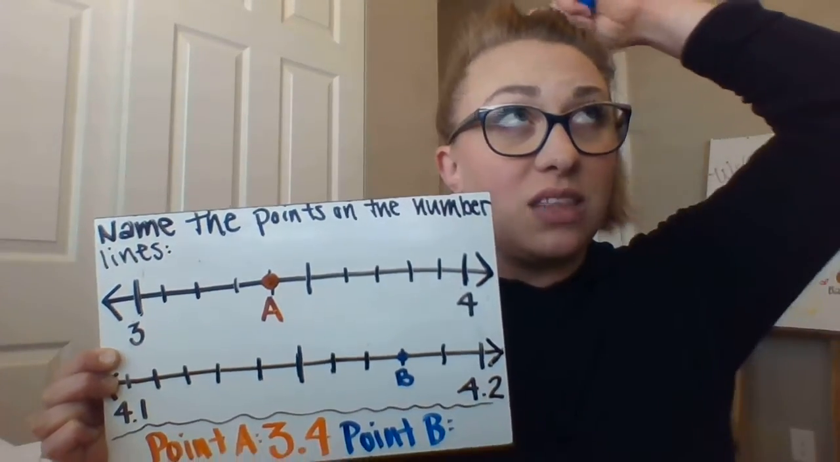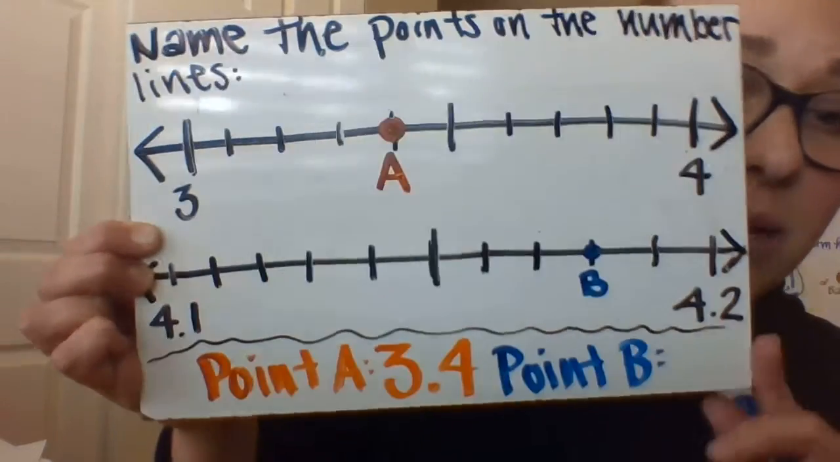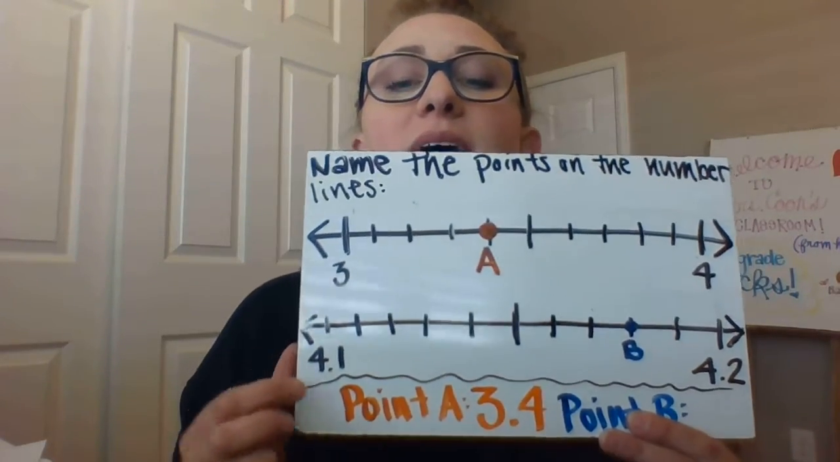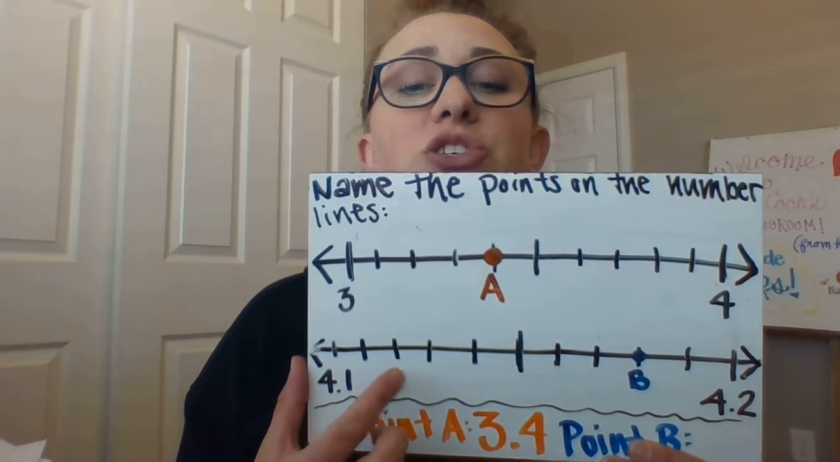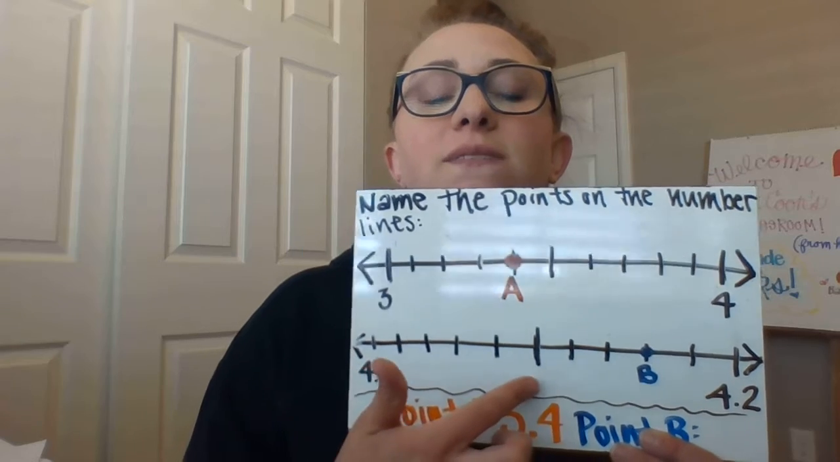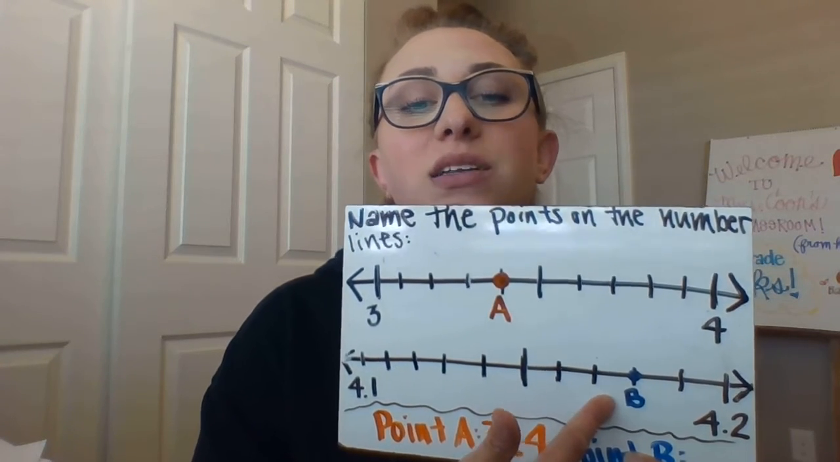And you should say, well, a tenth of a tenth is 1/100. So each of these tick marks represents a hundredth, right? So this is 4 and 10 hundredths, right? 4.10, 4 and 10 hundredths, 11 hundredths, 12, 13, 14, 15, 16, 17. Point B is on 18 hundredths or